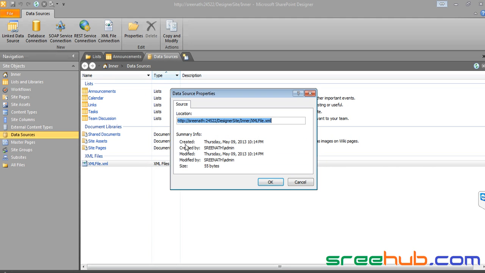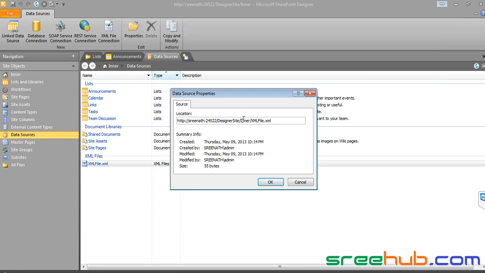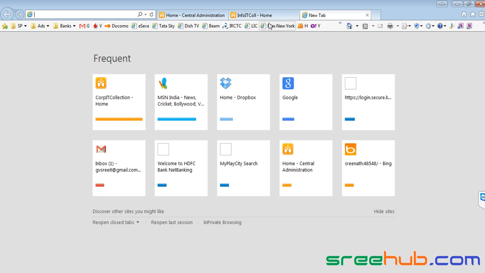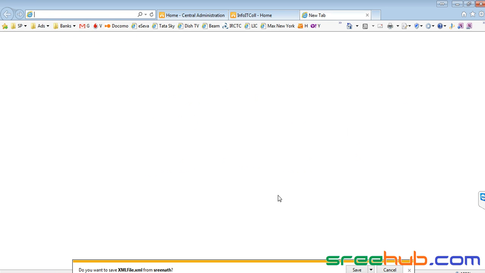So when I click on this, you can see it is being created under here actually, right. So now this is directly connected to this XML. So it got imported here. Let me just click on this and you can see SharePoint. So let me just select this and go to site here. So paste this URL. So it will take the XML file. Let me just click on save,